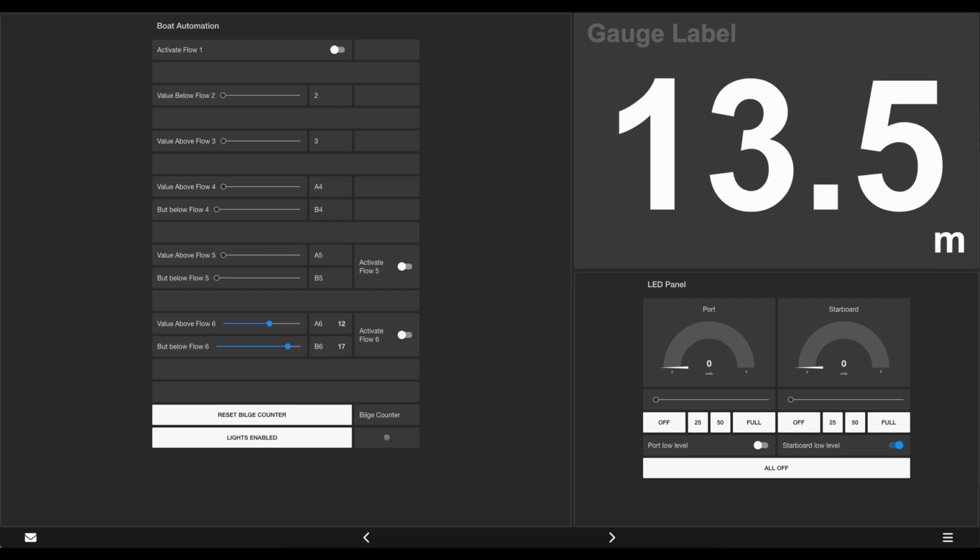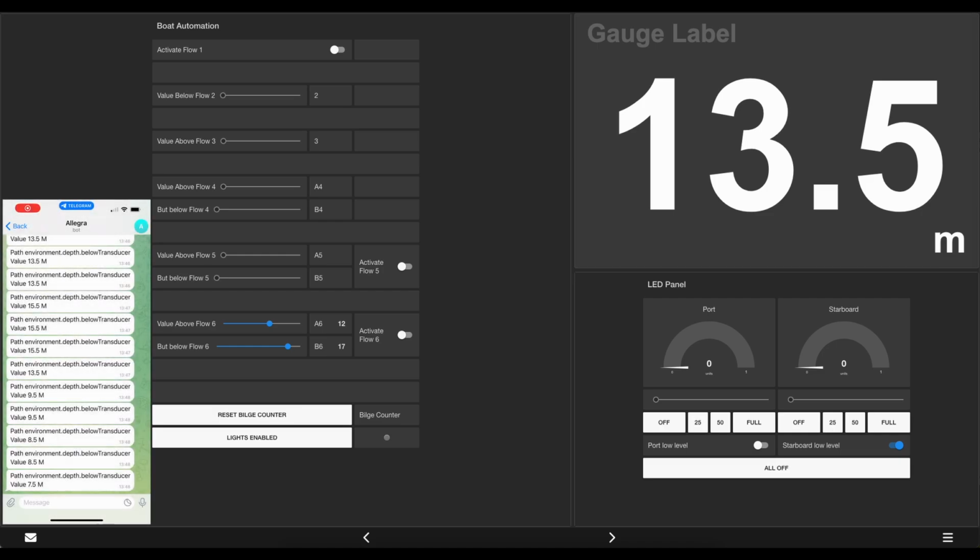But what will happen now is there will be no data coming through because we've not turned the flow on. No data at the moment. Let's activate the flow. And there's the data. So this one, 5 and 6 are exactly the same, but the difference with flow 6 is that the sliders